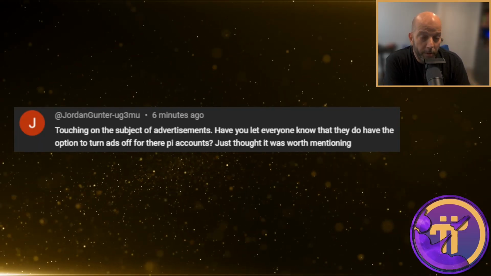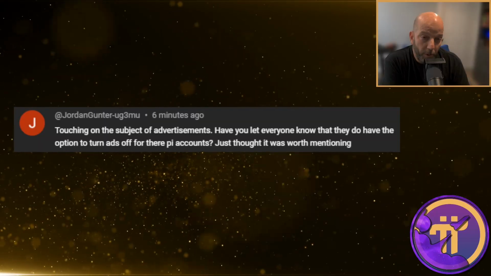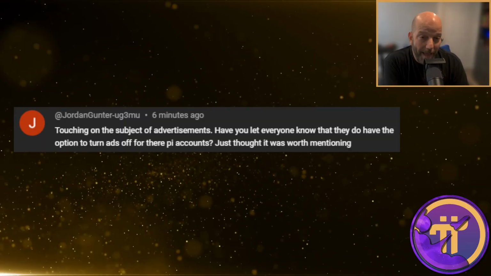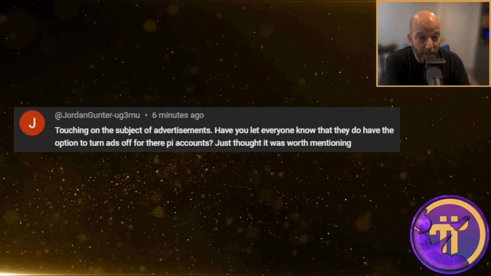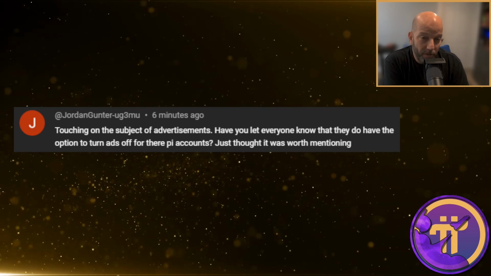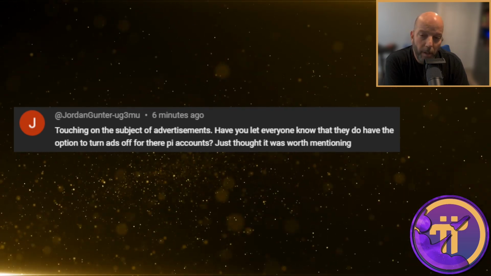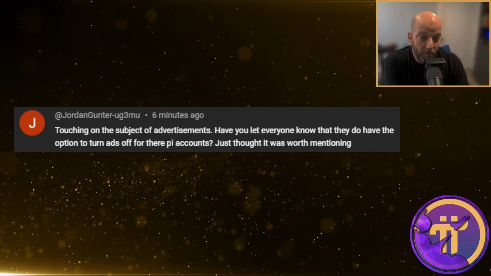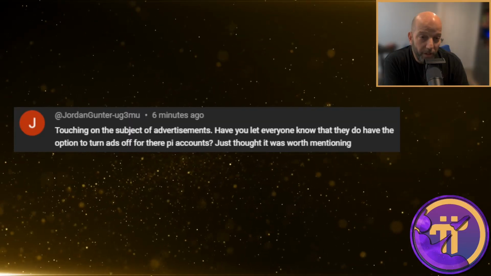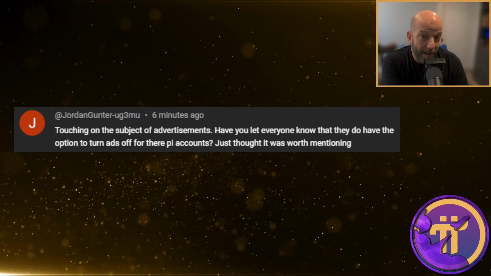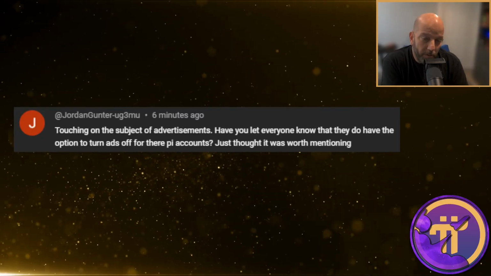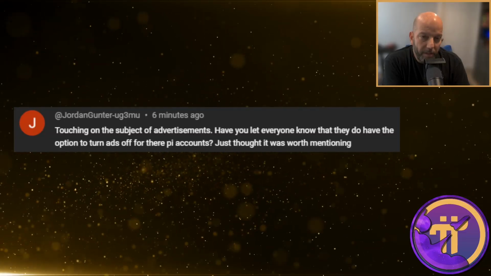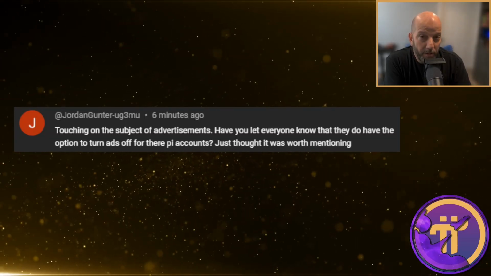Advertisements are the biggest source of personal data leakage from any application, because what happens in those ads is not controlled by the application that includes them. They're run by external servers and they could be questionable. However, the information that's in those ads or accessible through those ads shouldn't include anything that's personally identifiable. It depends on how well firewalled the Pi network app is from the ad server. But the point here is that users have the option to turn off ads.